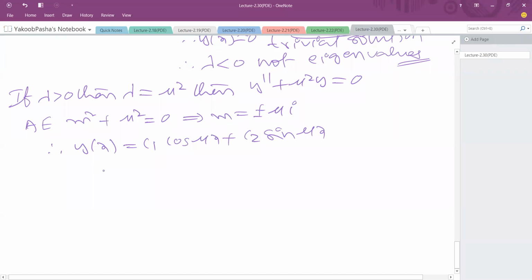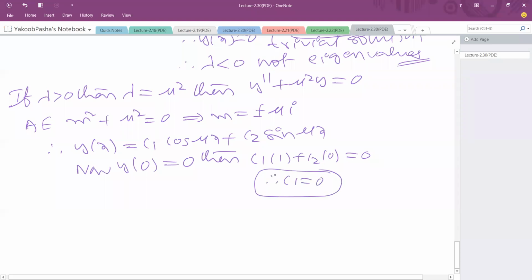Now apply the boundary conditions here. First boundary condition: y of 0 is equal to 0. In this case, x equal to 0. C1 cos 0, which is 1, plus C2 sin 0, which is 0, is equal to 0. So C1 value is 0. And similarly, y of 1 is equal to 0. Then here in this case,